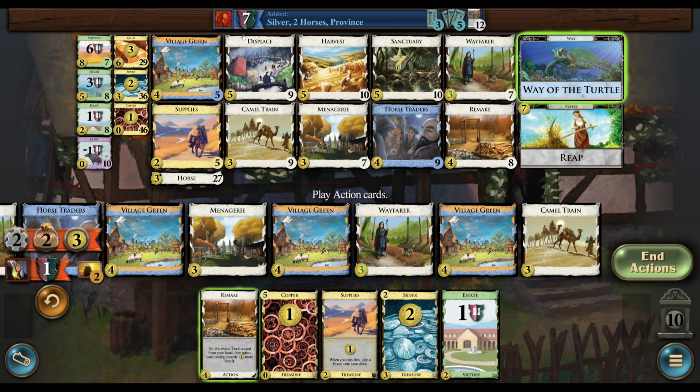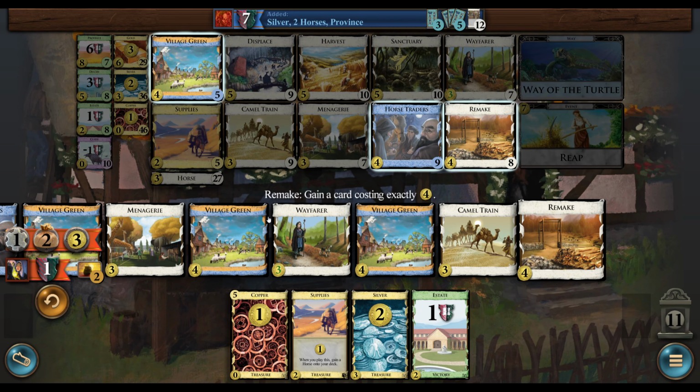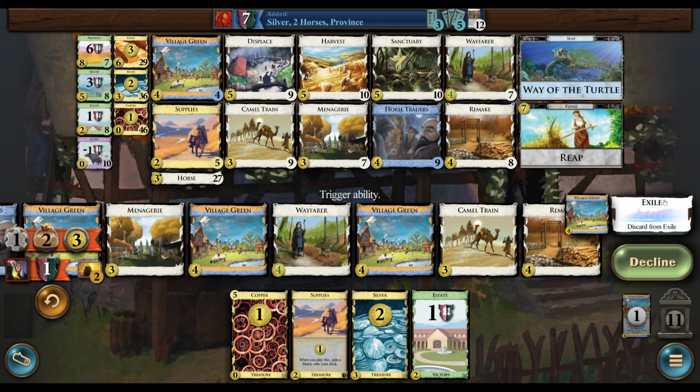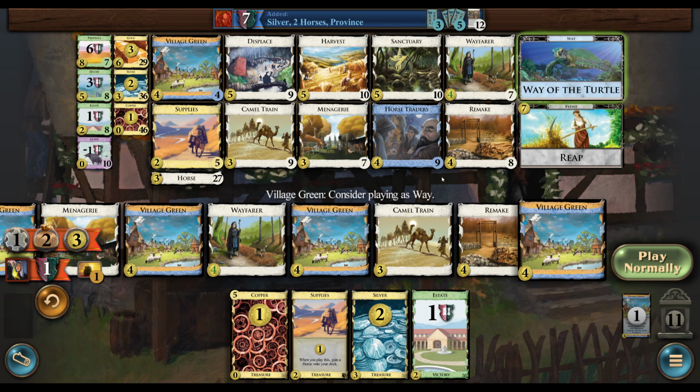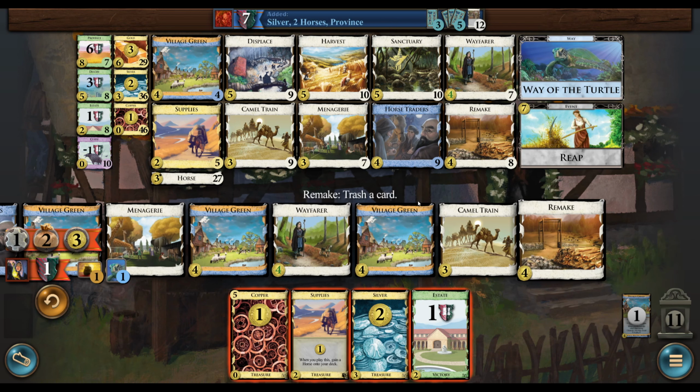So like you can get a Village Green play at the end here, which is going to allow me to duration one of these. So I'm going to turn the silver into a Village Green, discard from exile. Then I get to play this, which is going to let me turtle it or whatever. And then